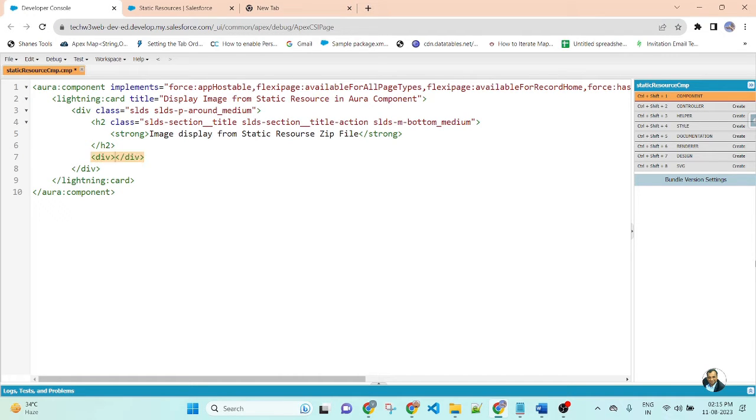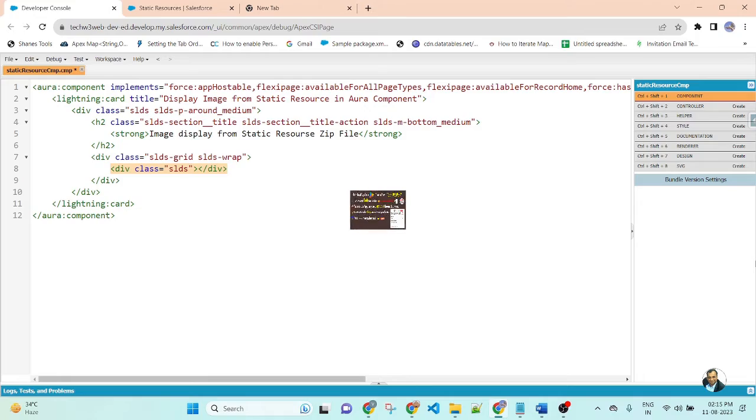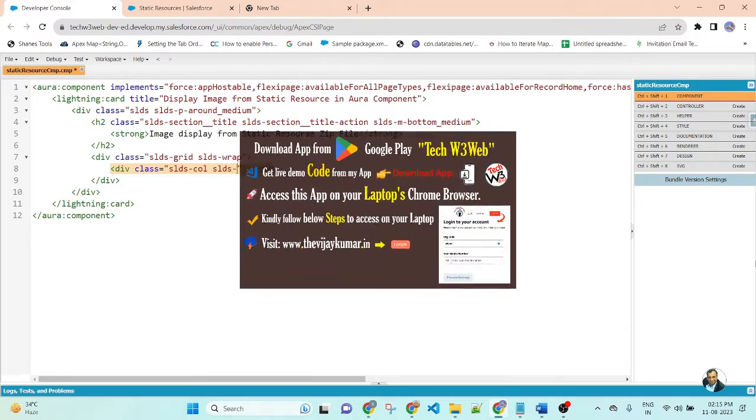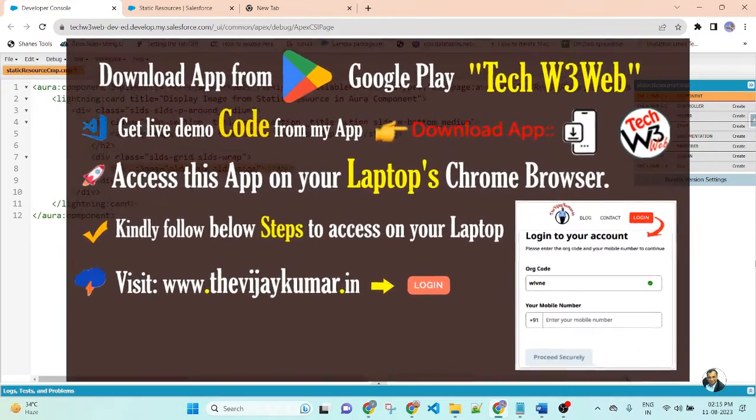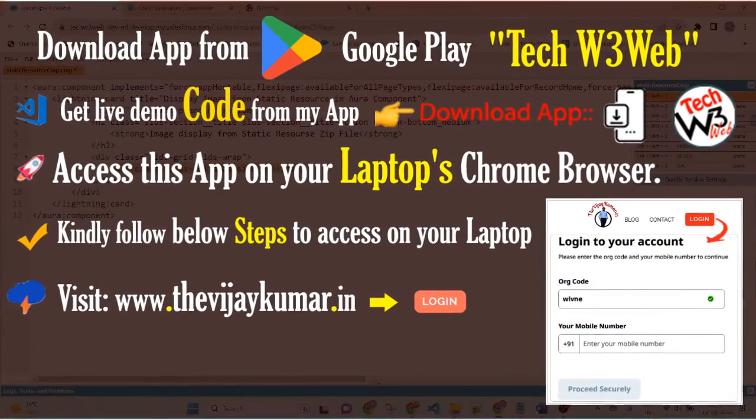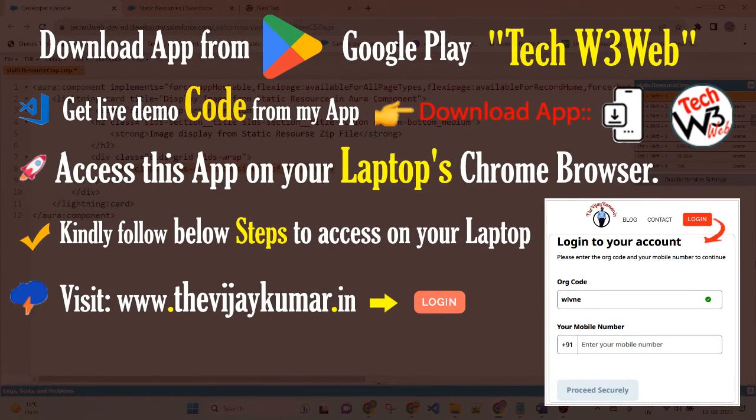Create a div with class equal to slds-grid slds-wrap, and a div with class equal to slds-col slds-size_6-of-12. Inside the div, I will display the image. So image